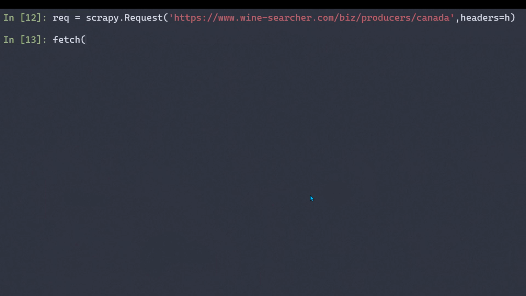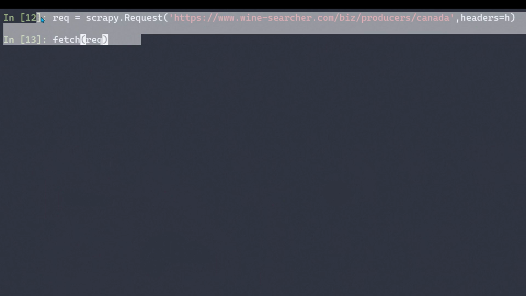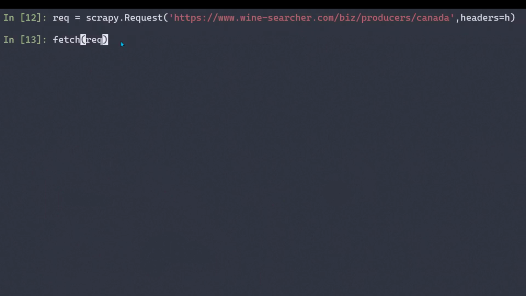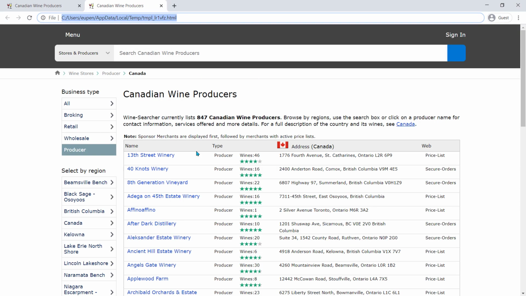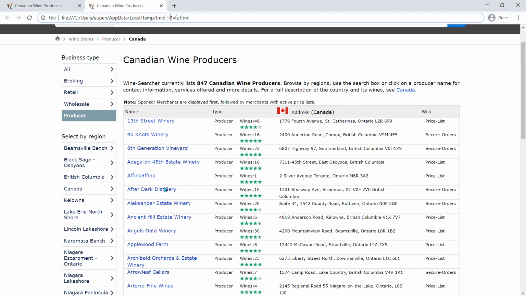And now we can call the fetch method. By the way, all these things I'm doing right now are only for the shell. You can do everything in the spider itself. And this time you can see that we have a 200 response. If we look at the response, you have the correct page. You can see that this is a local URL, but this page has loaded.